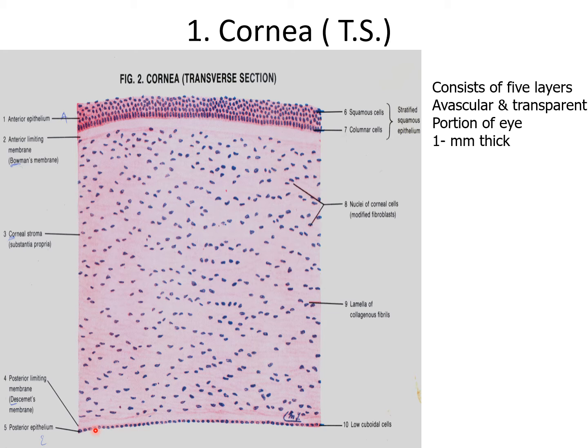So this is the lower epithelium, a single layer epithelium. Now, what is the cause of the transparency of the cornea? It is avascularity, the regular arrangement of fibers in the substantia propria, the collagen fibers and the ground substance having the same refractive index, the uniform and regular arrangement of the anterior epithelium, and the relative state of corneal dehydration.